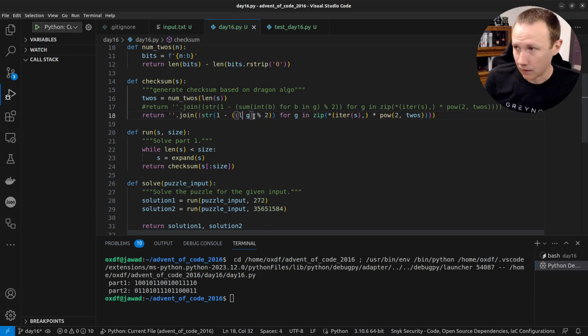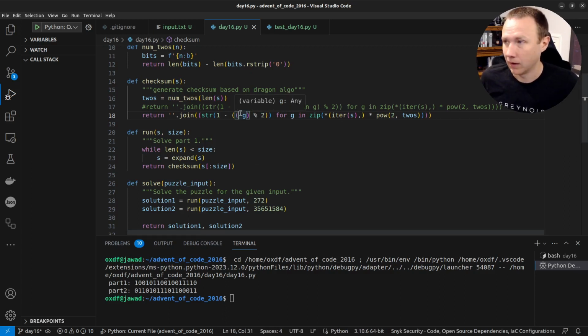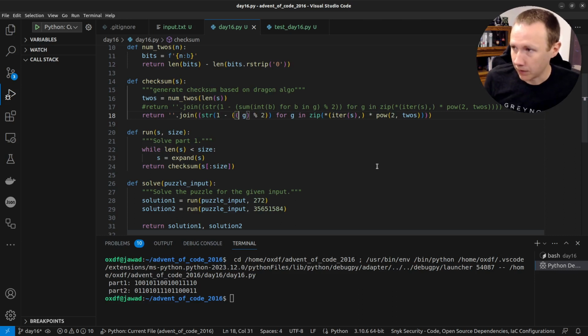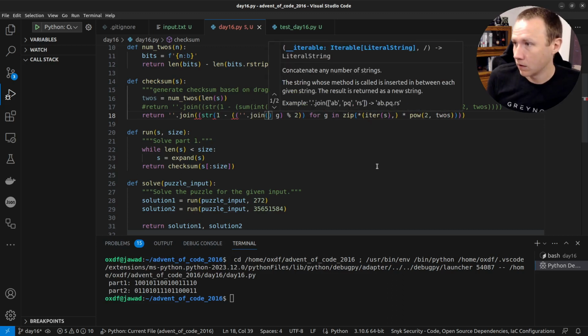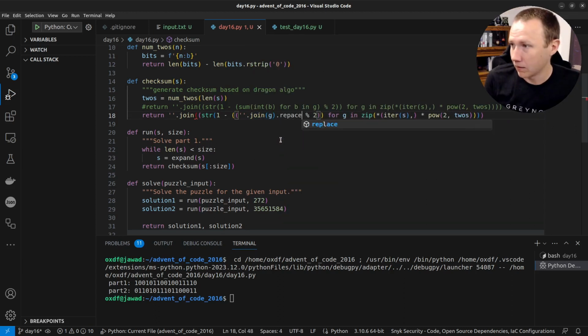If we look at G here, G is going to be an array. Oh, we can see this did finish eventually. G is going to be an array of ones and zeros characters, right? And so if I join G like this, I make a string. So now I'm going to have literally the bit string, so if it's 5 characters long, it'll be 10101, etc. Right? If I then can get rid of it, replace